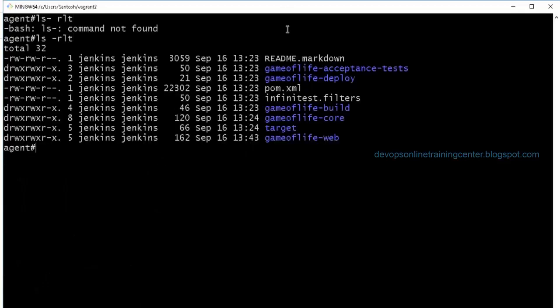I'm inside this directory. So here is the source code, right? So this source code will get overwritten. If I run the job again, if you see the timestamp, this will be overwritten with the new source code. And in this new source code, I have all the source code. What it will do, mvn install, it will execute, right? Since there is pom.xml already present in this directory, Maven will convert this to a binary. It will create a new directory called Game of Life Web and Target, and it will create the binaries out of the source code. And this created binary will be copied to the Nexus server.